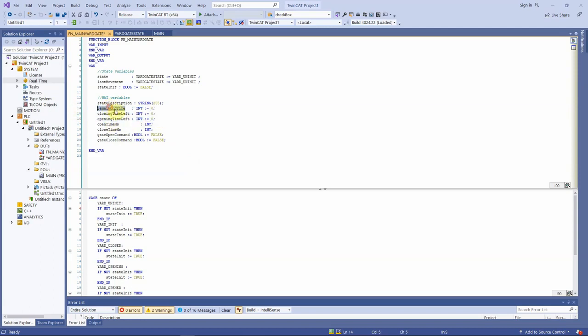Time-related variables are here. We need a time for initialization that we call init time. We are assuming that it is 5 seconds, because the design is totally simulated, and then we have a timer for that. We have also opening time and closing time. And finally,